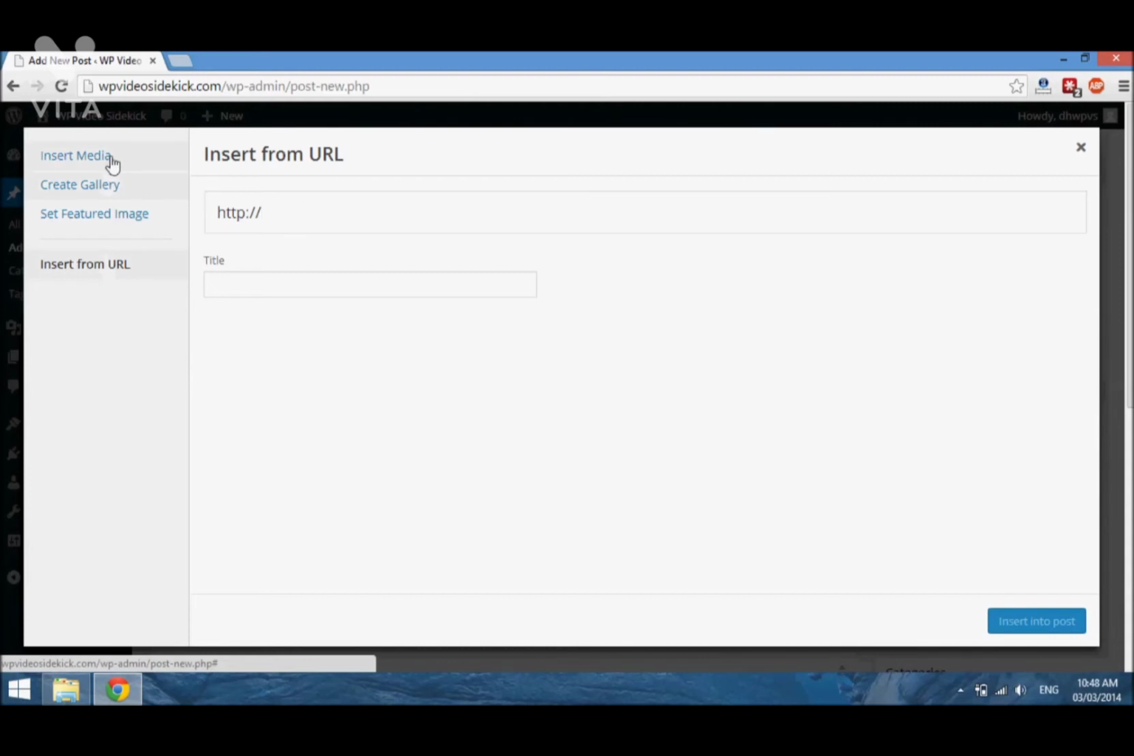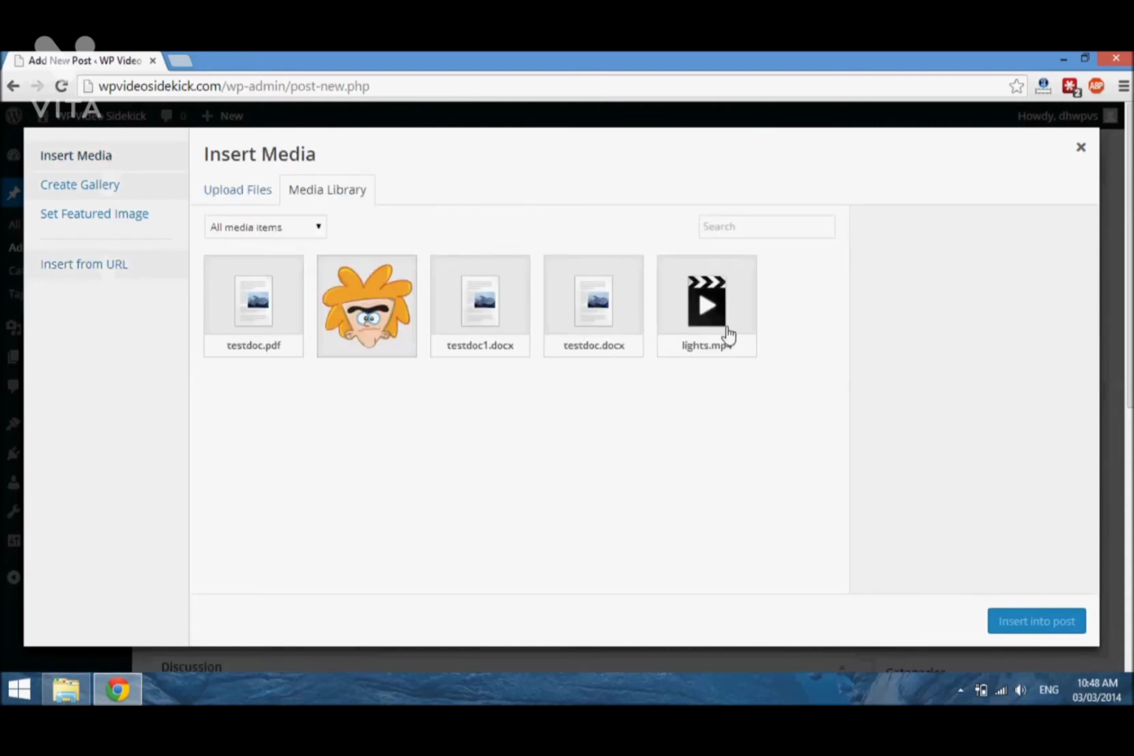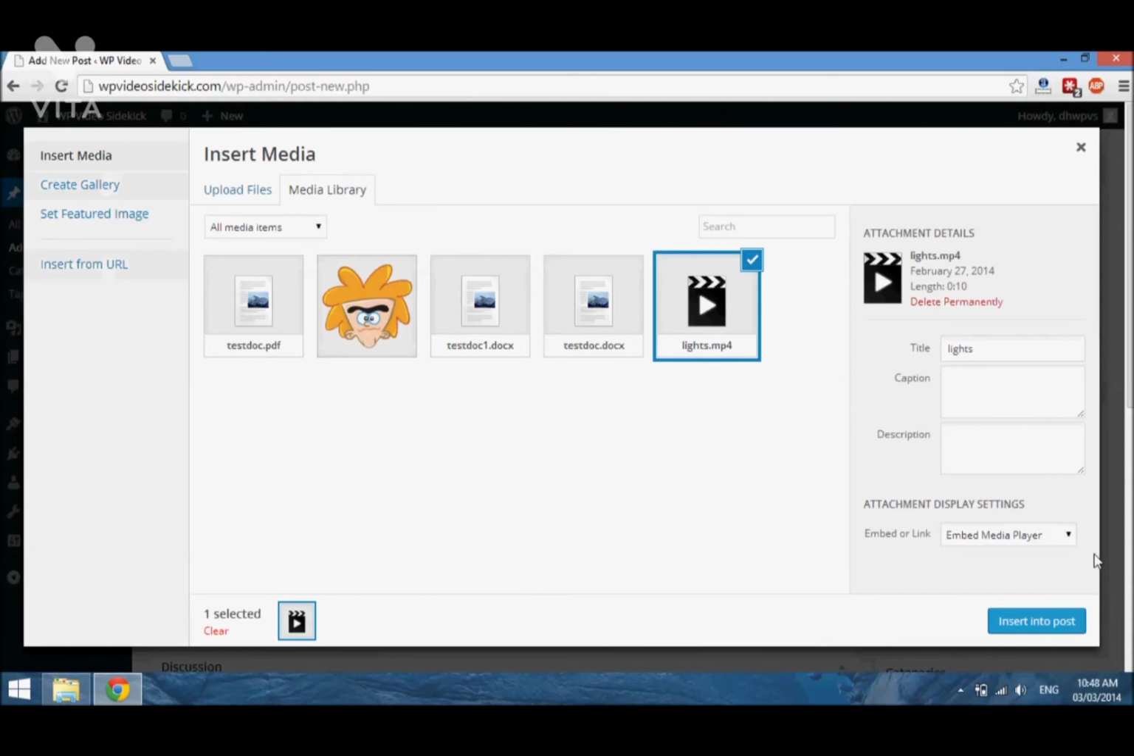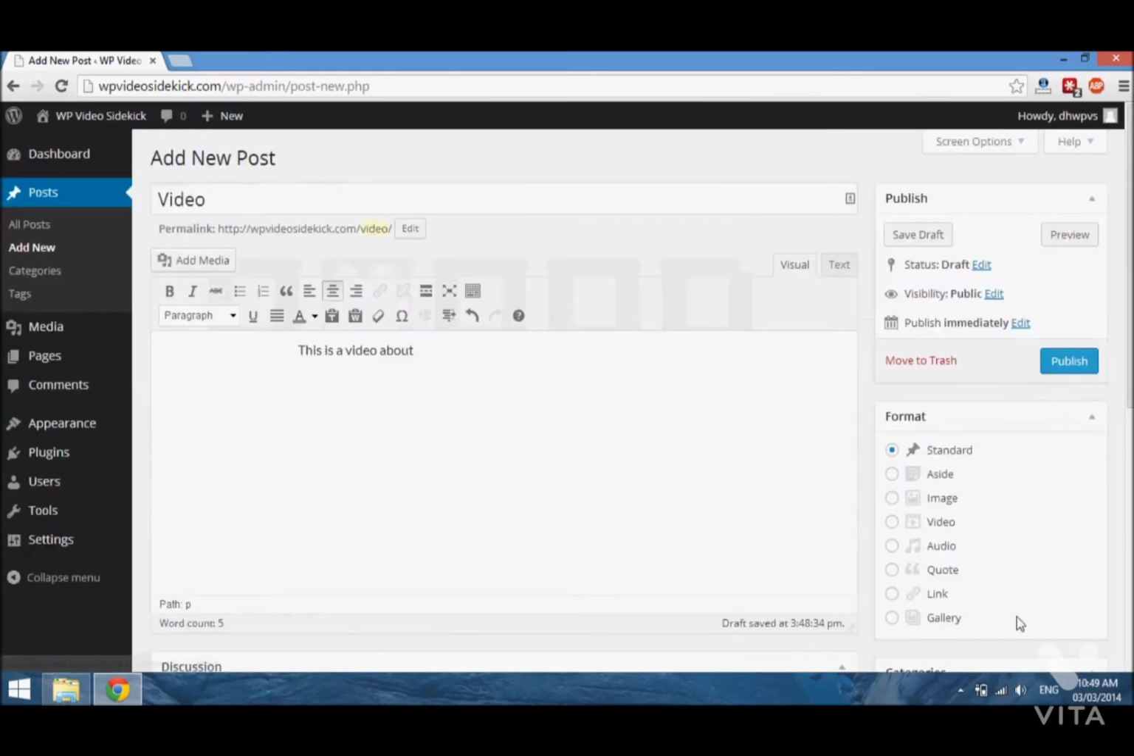But let's go back, and since we have this video here, we have the option on the right that says embed media player or link to media file. Now, if you link to media file, what you probably want to do is put an image, and that image would link to the actual video. But we're just going to embed media file, select insert, and what has happened is that